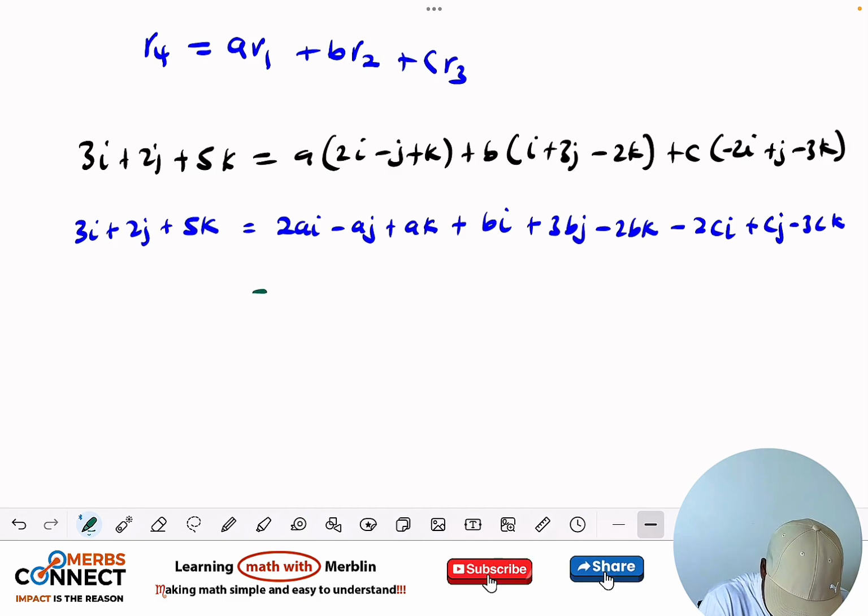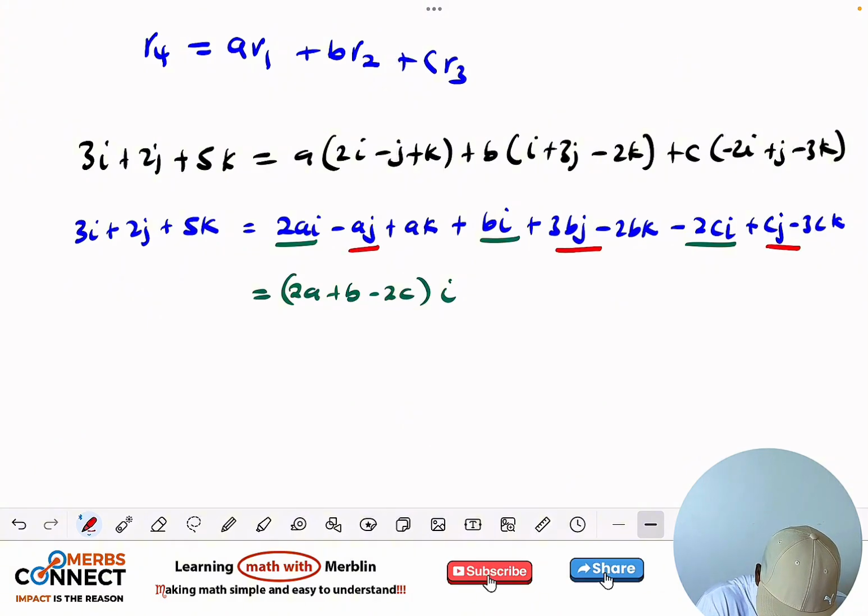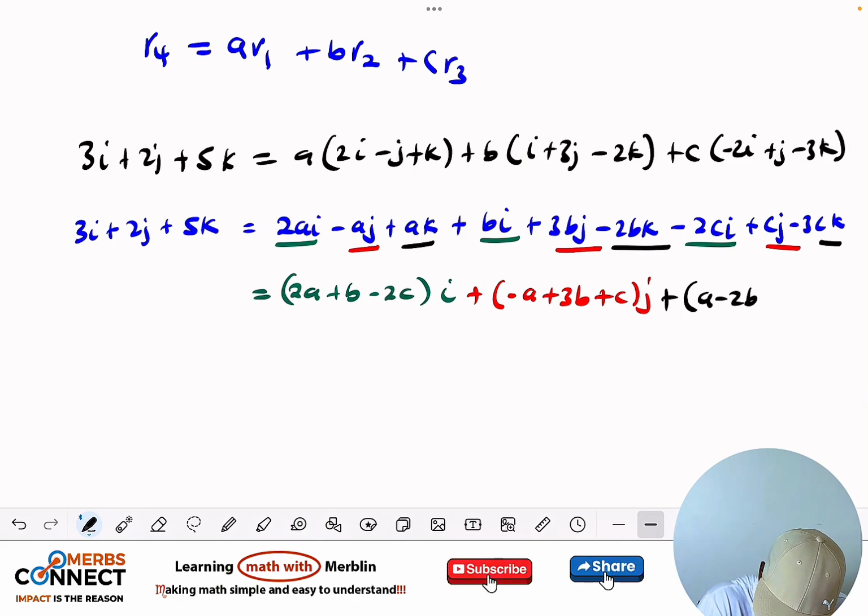So group all i directions. I have i here, here, and here. So when I factor i out, I'm going to have (2a plus b minus 2c) i, right? Then I have j here, here, and here. So I'm going to have plus (minus a plus 3b plus c) j. Then the last one is the one with the k. So I'm going to have plus (a minus 2b minus 3c) k, right? So that's what I'm going to get. And then the left is this